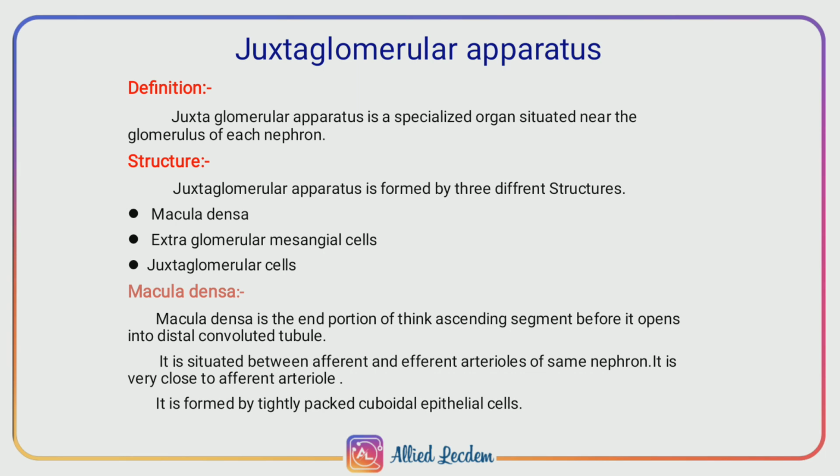Next, what is macula densa? It is nothing but a thick ascending segment of nephron before it opens into a distal convoluted tubule. As you can see in the picture, it is situated between the afferent and efferent arteriole. These are tightly packed cuboidal epithelial cells, which are highlighted in violet color in the picture. By observing the diagram of the nephron on the left side, you can understand exactly where the macula densa is